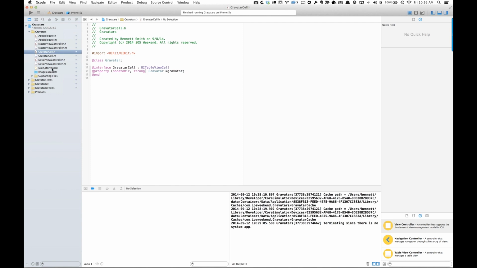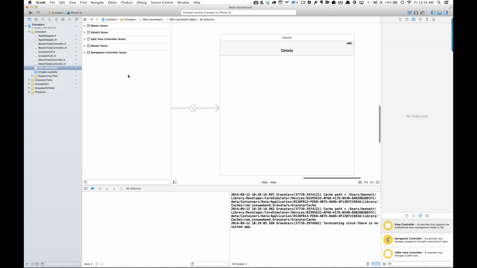Now, if you're familiar with building iOS apps previous to Xcode 6, you know that usually when you build out an application, you're going to get two storyboards. You're going to get one storyboard for the iPhone, and you're going to get a separate storyboard for the iPad. That is not the case any longer. When you build out an application from the templates now, you will only get a single storyboard. And so our storyboard here,